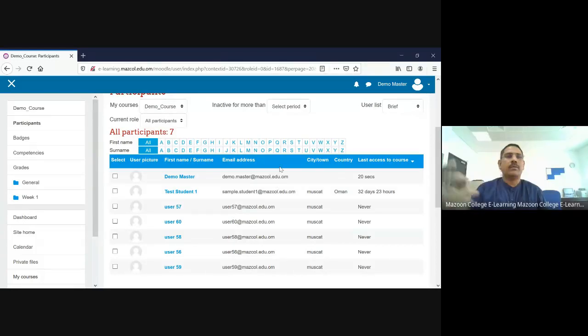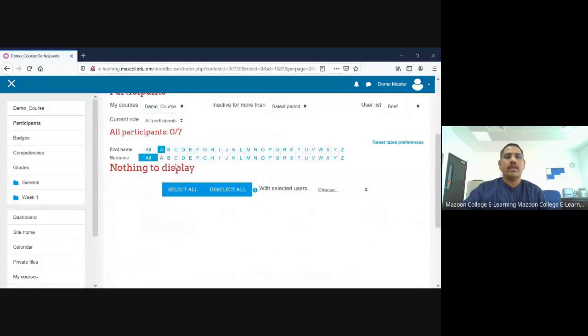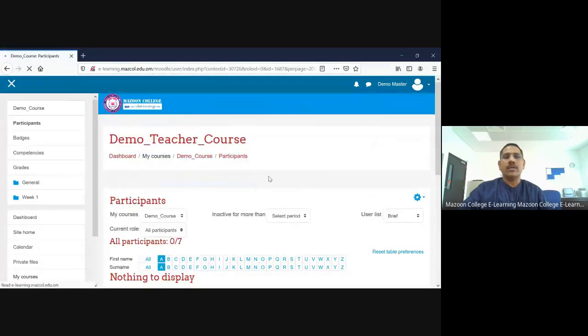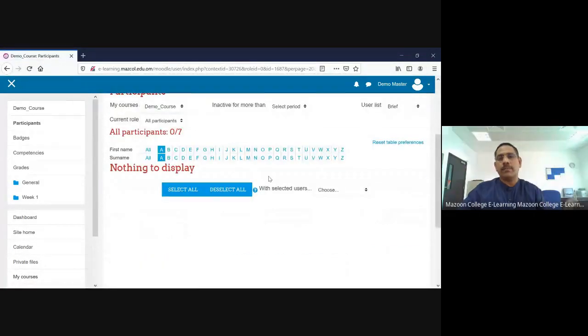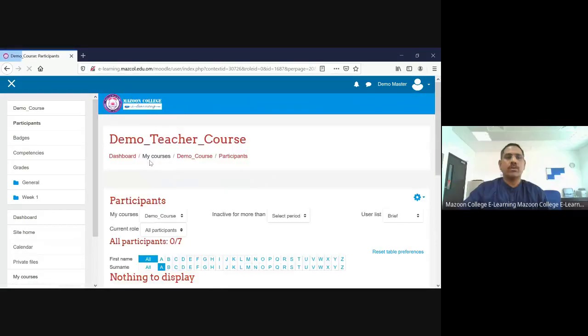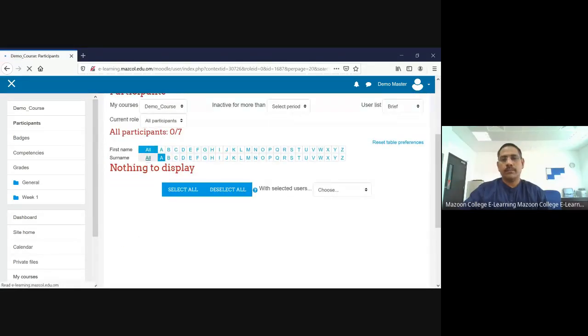Here the first name and last name are there. Alphabetically you can easily get your student list and track it. You can take a printout from your college system and check it one by one. Okay, thank you, sir.